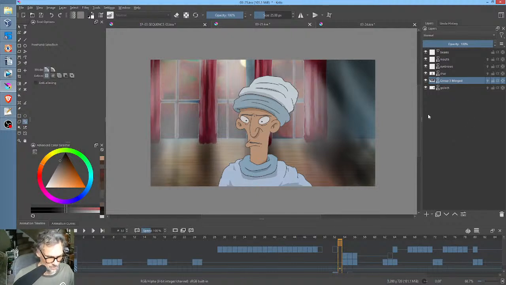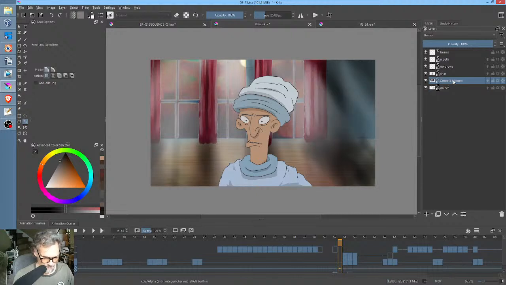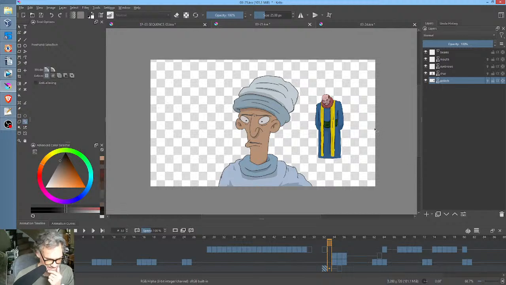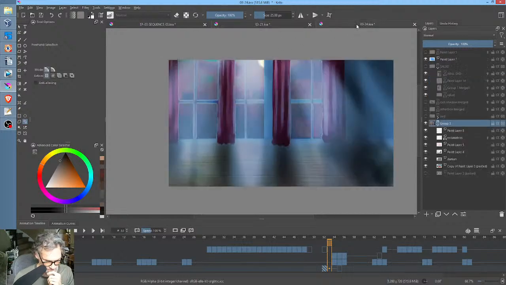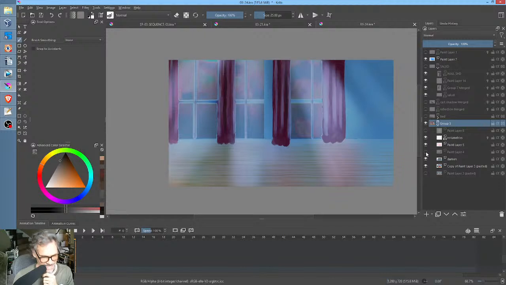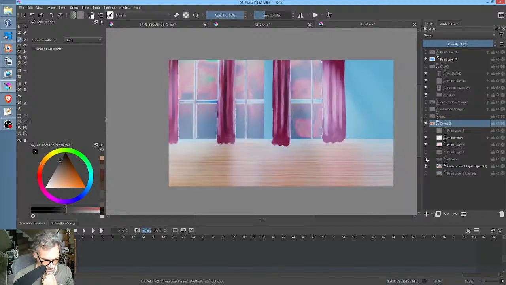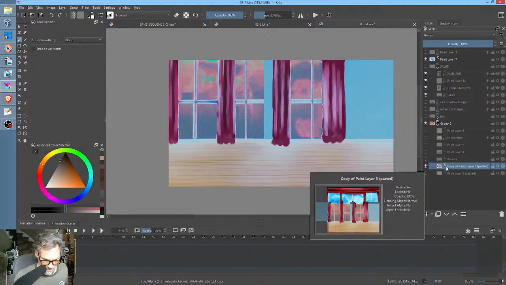That's all right. I'm going to merge the group. Okay. So the only reason I did that, actually, you know what? Let's get rid of that. I can see what we need to do here, actually. Let's start looking at some of these layers and what they're doing. You know what? I think that's what I'm going to do. I'm going to actually steal this